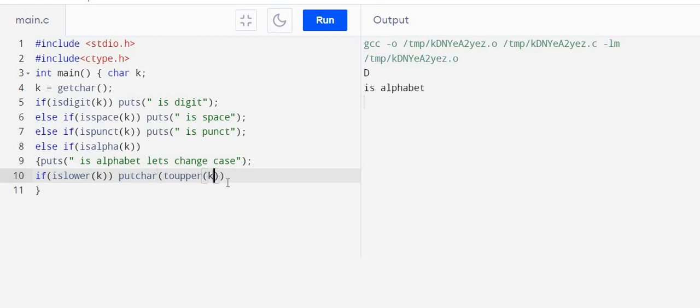So make K upper and print it. Next case, else. If it is lower, then make it upper. What is the other case? If it is already upper, then we have to put it into lower. So putchar(tolower(K)). If it is already upper, then make it lower and then print.